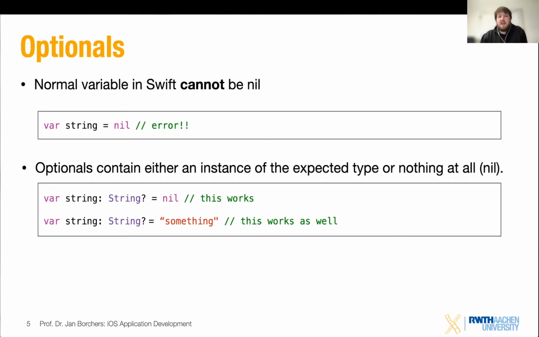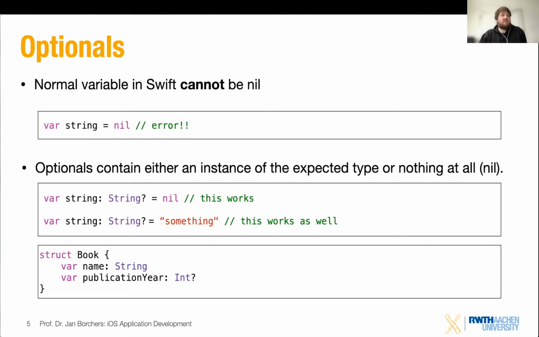And then for that, if that is the type that you have associated with the variable, you can assign nil to that variable, and the compiler won't complain about that. But you can also, in the same way, just put the string something into that variable as well, and that is all fine. So for our example with the book, what we could do is have the publication year of